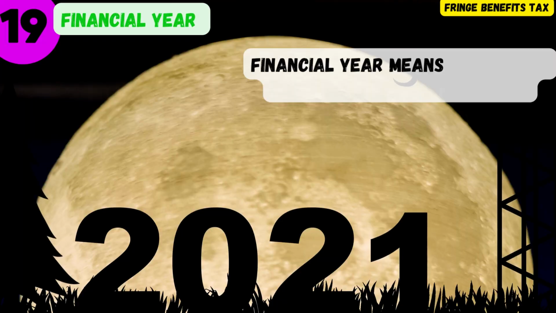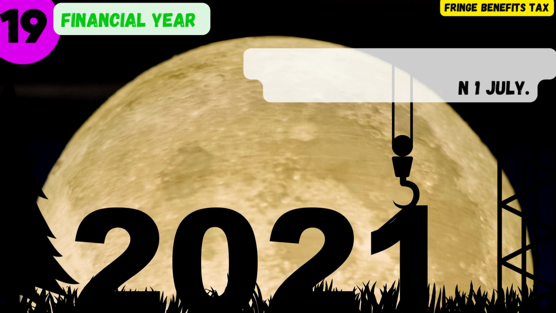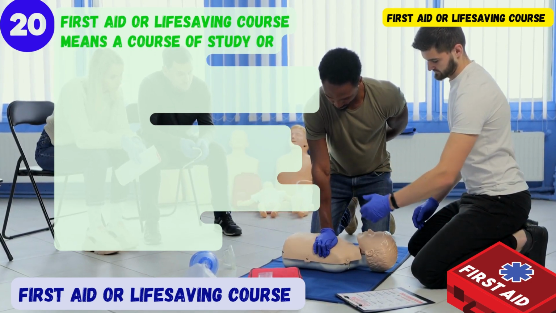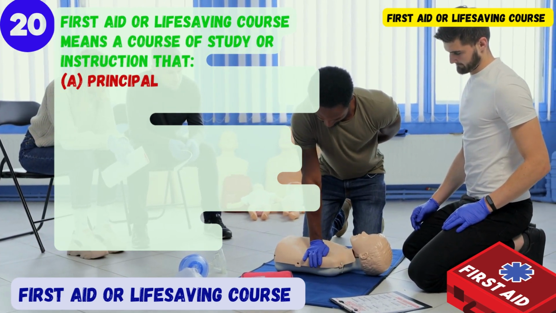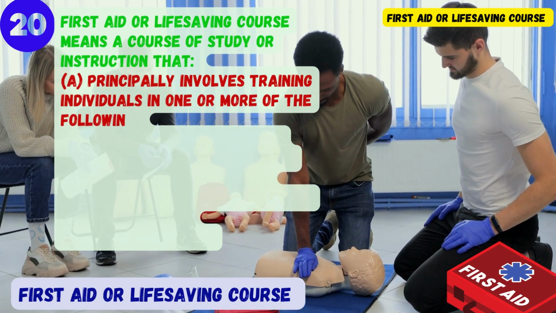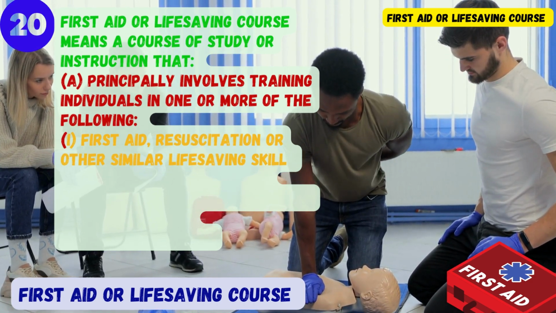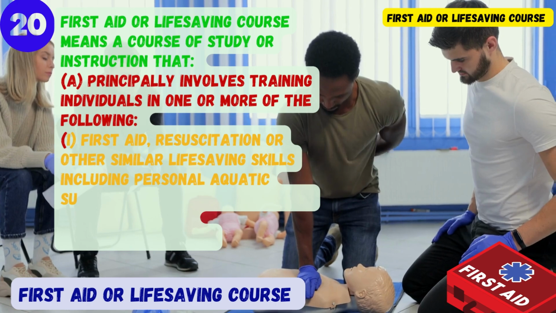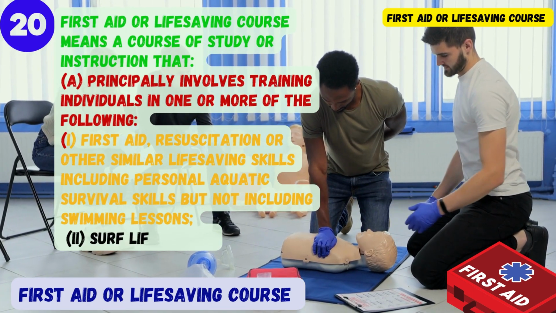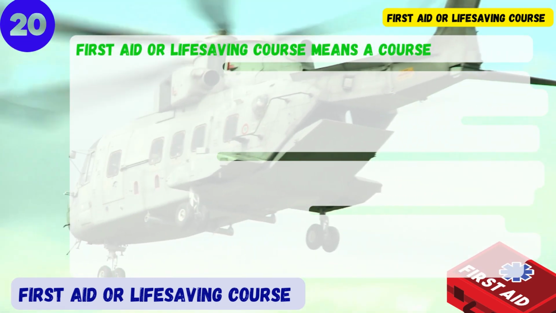Word number 19. Financial year means a period of 12 months beginning on July 1st. Word 20. First aid or life-saving course means a course of study or instruction that A. Principally involves training individuals in one or more of the following: 1. First aid, resuscitation or other similar life-saving skills including personal aquatic survival skills but not including swimming lessons. 2. Surf life-saving. 3. Aeromedical rescue, and